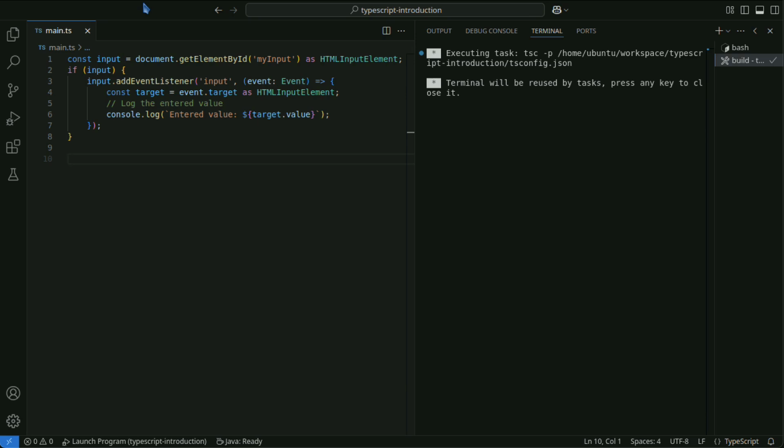This code uses type assertion to treat the event target as an HTMLInputElement, and displays its value in the console.